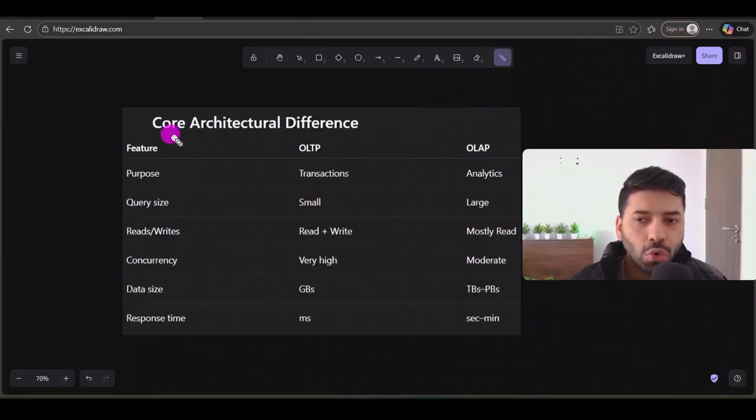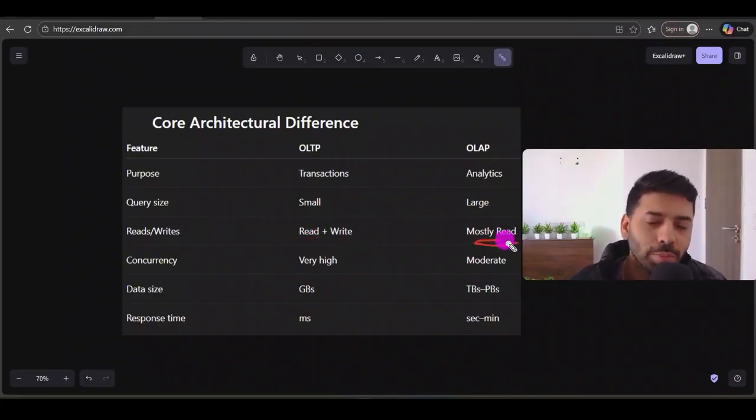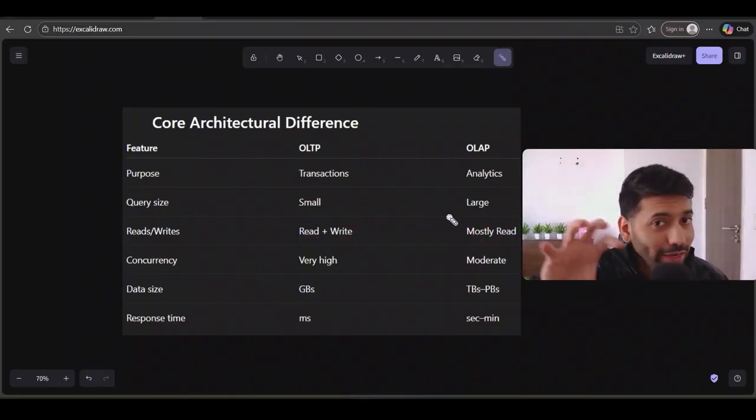Now let's see the core architectural differences between OLTP and OLAP. First, talking about the purpose: OLTP is used for transactions, whereas OLAP is used for analytics. Clear, because the difference in the full form is also between transaction and analytics, right? Then the query size of OLTP is small, whereas for OLAP the query size is large. Talking about reads and writes, in OLTP we have both read and write operations. When we talk about OLAP, we mostly have read operations,